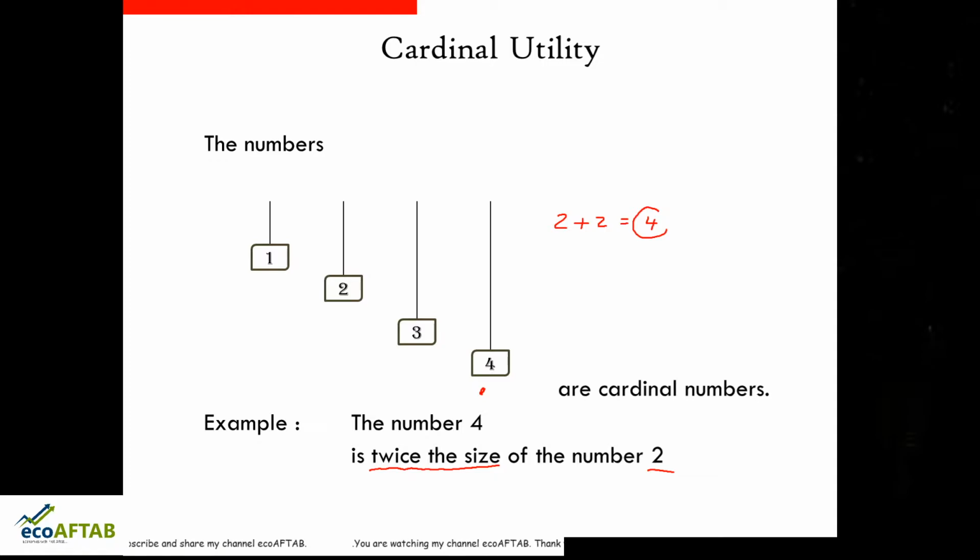Similarly, if I speak about number 1, what is number 1? If you add 1 plus 1, that is equal to 2. So here this plus that we are doing, or else if I say 4 minus 2 is 2, this subtraction that we are doing, all this is possible when we are speaking about cardinal numbers. So the number system 1, 2, 3, 4, 5, etc. are called cardinal numbers. Here we can follow the basic addition, subtraction, multiplication of things with regard to cardinal numbers. Now how these cardinal numbers are related to utility, let us see.